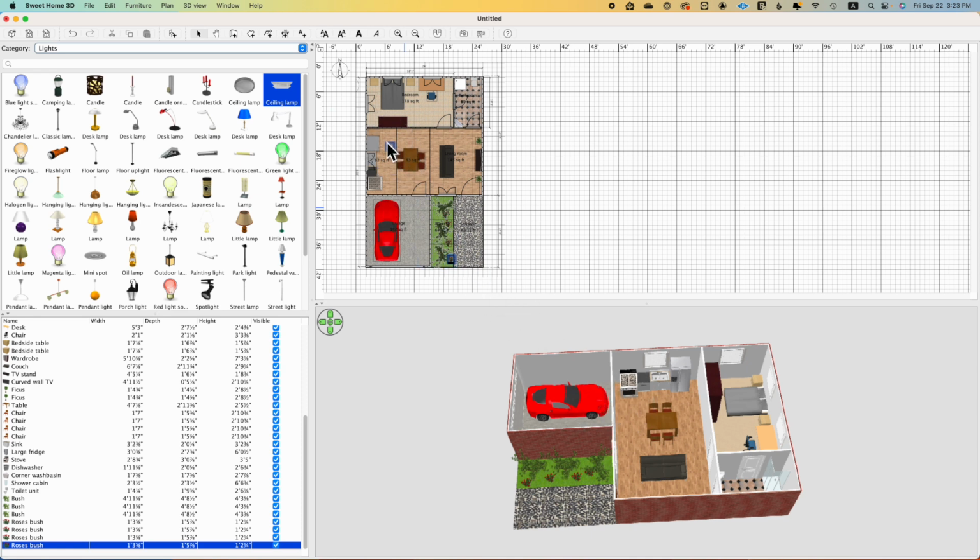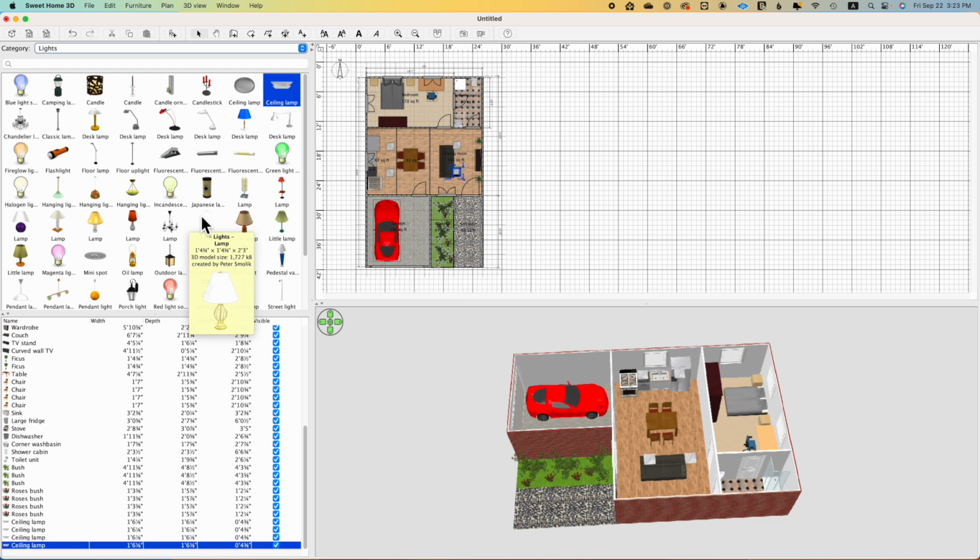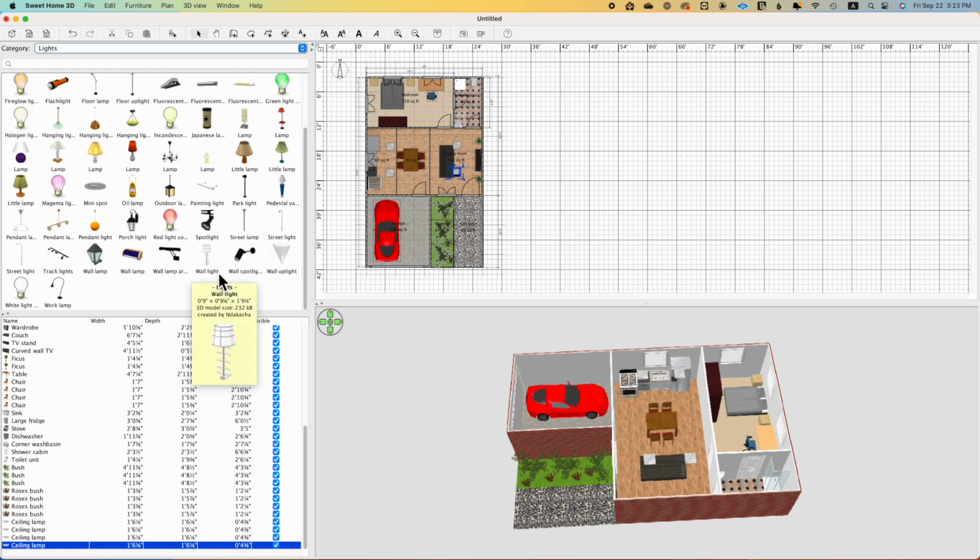Let's place two in the kitchen. Okay, and let us place two in the living room. Now let's add one to the dining room, and in this case I prefer to put something a little bit decorative, so let me take